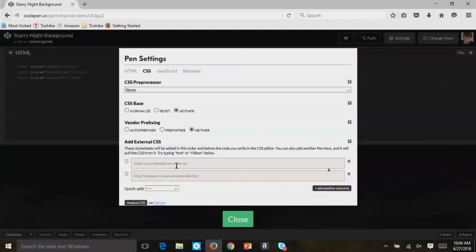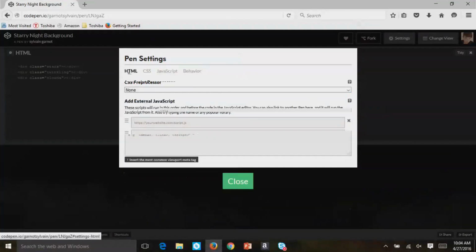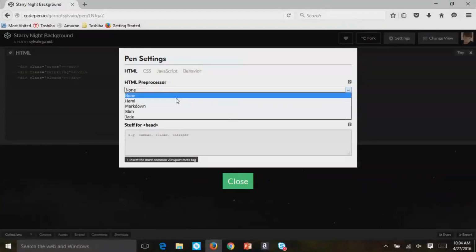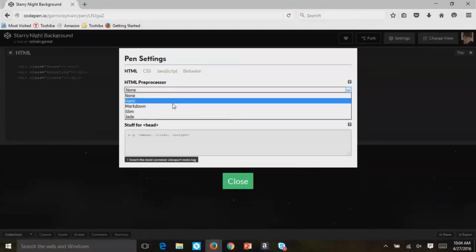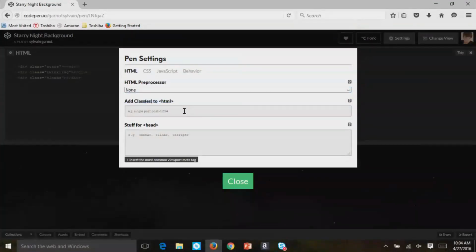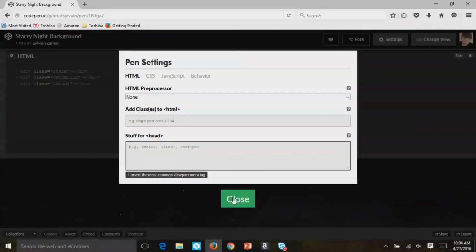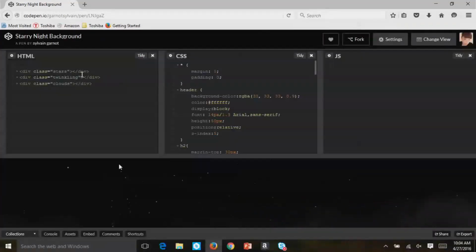You can add external CSS pages if you want, and it's the same thing with JavaScript and HTML. You can add classes to the HTML, and you can add stuff to the head if you need to. You can flat out just start making divs, like right here. There's a div called stars and twinkling clouds, and then all the classes are defined here.